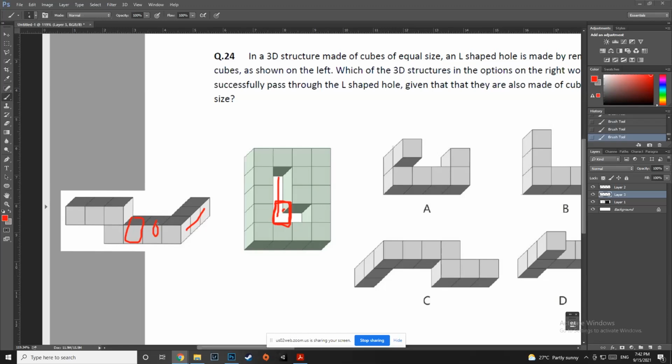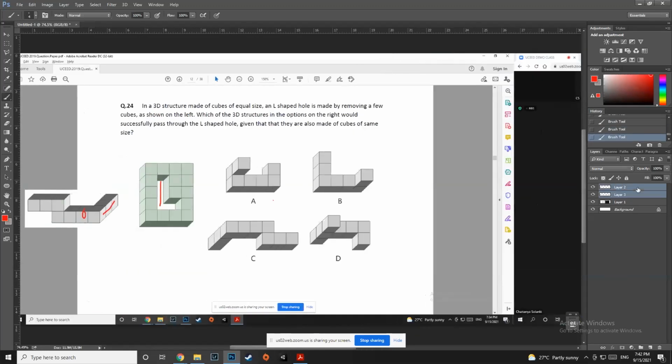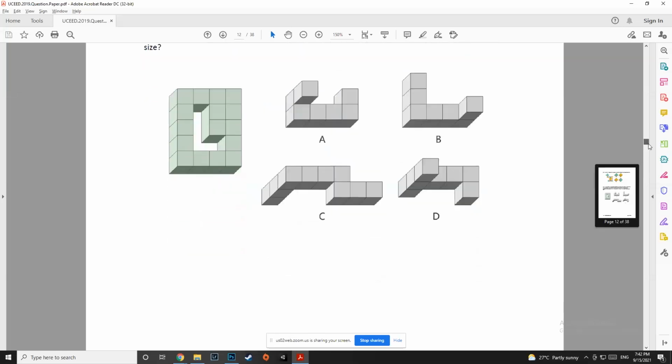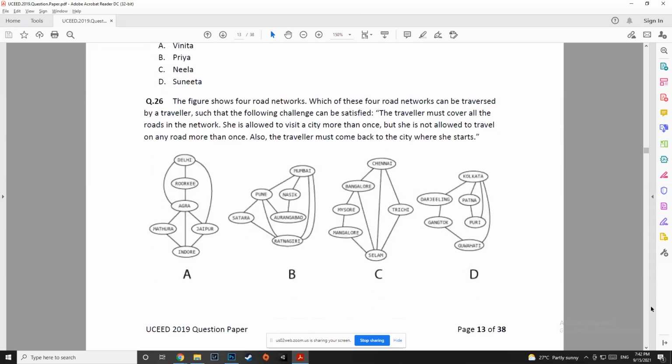Okay. Now what we're left with is a broader this thing. So can it pass here, right? And in the end we'll be left with this and this, both of them which will pass here, right? And that is why all the shapes will be able to pass, right? So that is what I said. In UC, if they've not specifically mentioned something, you need to think about that. You need to think about the rules that have not been said. The rules that have been said, right? But what about the rules that have not been said?